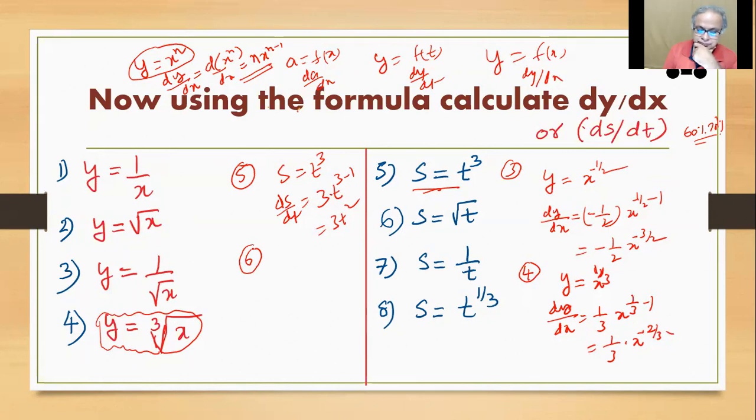Srivalli. Similar thing, deliberately I've given. I want to impress upon you that here y is a function of x. Y is the dependent variable, x is the independent. Here s is a function of t. S is the dependent variable, t is the independent variable. So what shall we find out here? S equals t to the power half.